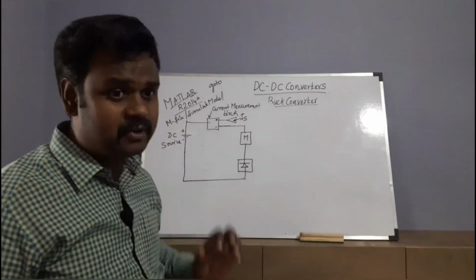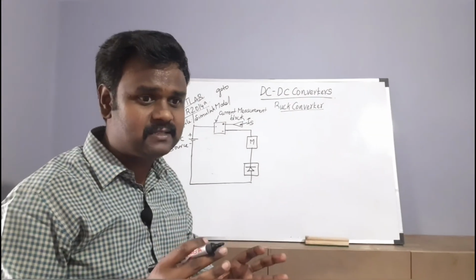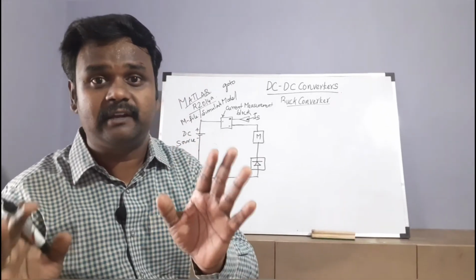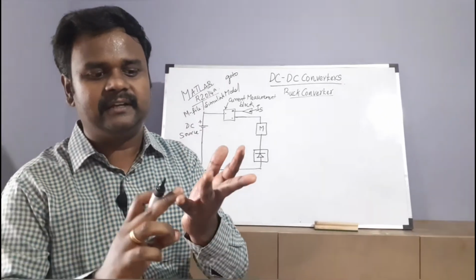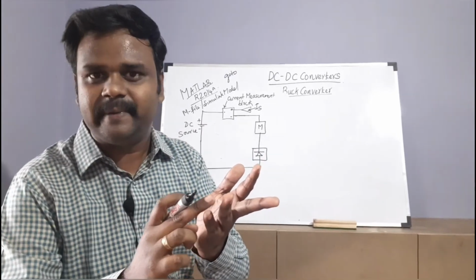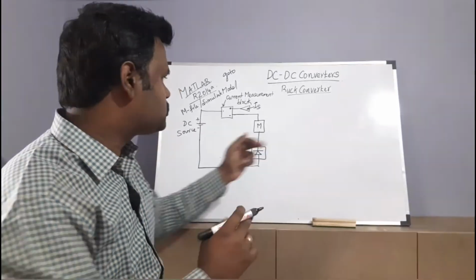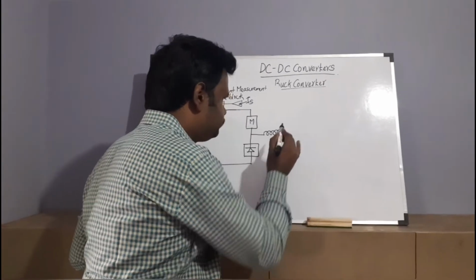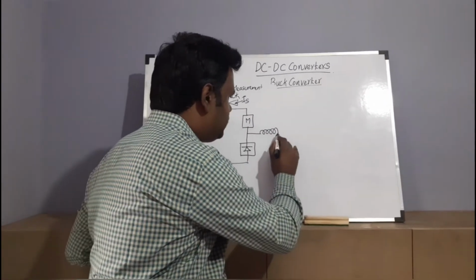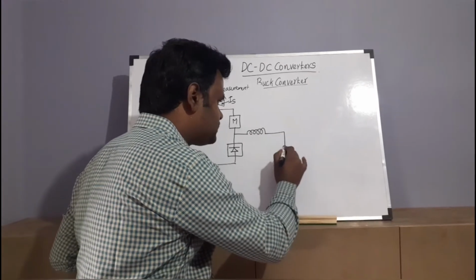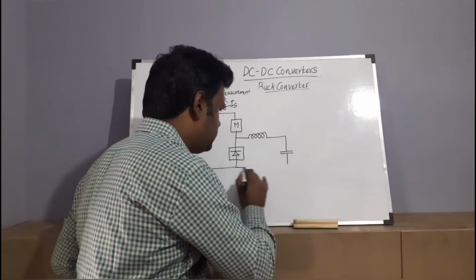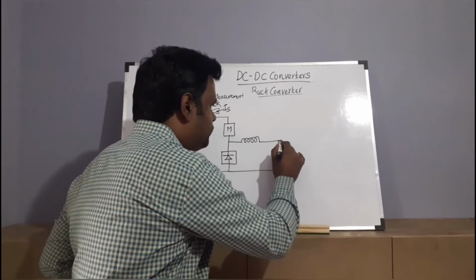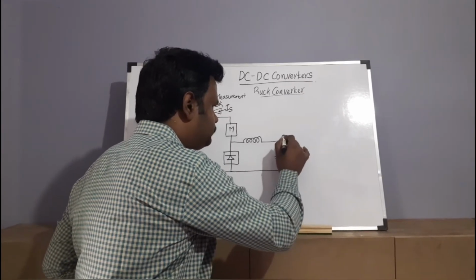Now there are other components, that is nothing but our inductance and capacitance. They will be acting like a filter. Inductor and capacitance will be acting like a low pass filter, right? That has to be drawn here. So next I am going to draw the inductance here, right? The next component that we drew in the basic circuit diagram is capacitance. Again I am connecting the capacitance here. The next basic component that we have drawn is... before that I will put another one, right?